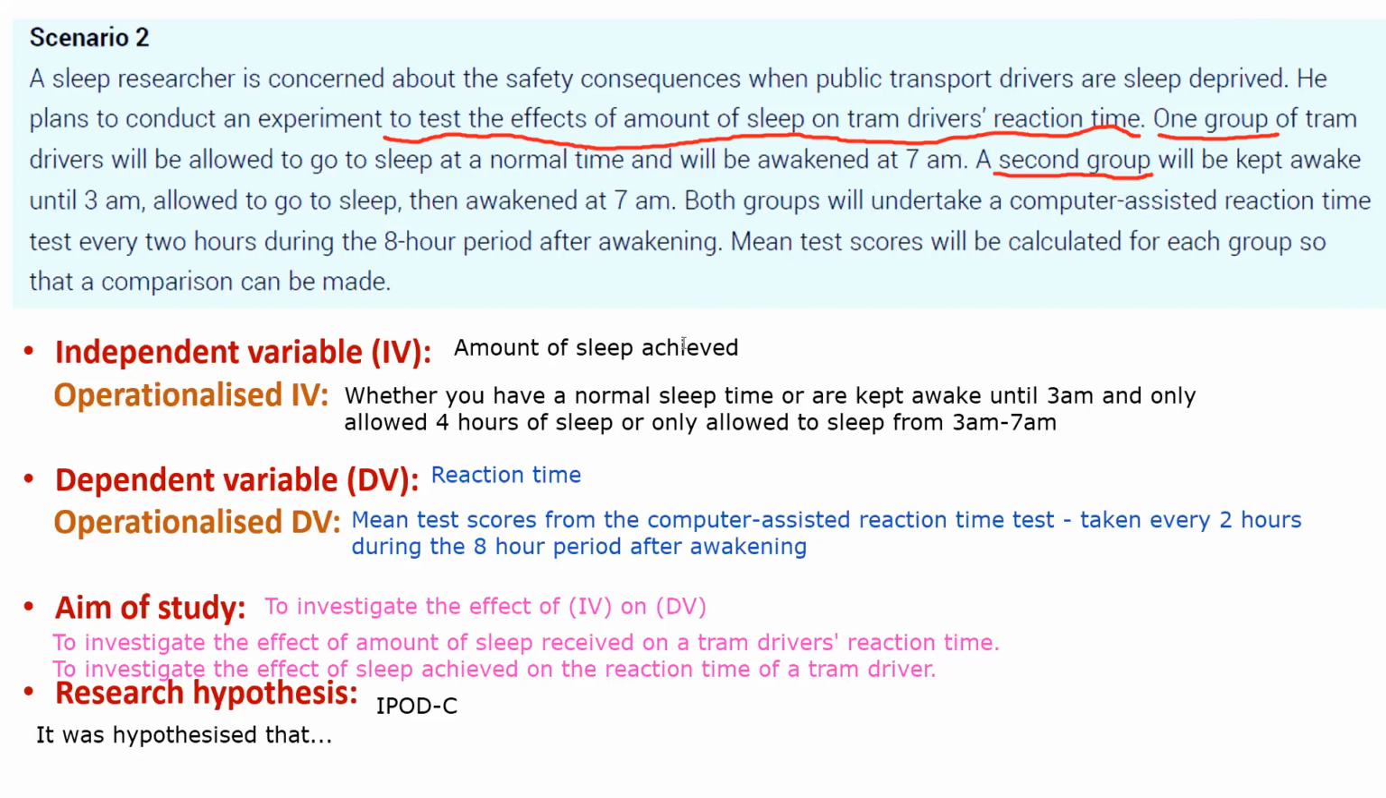Okay, so I'm just going to put a hypothesis here. So yeah, we start with our four words. It was hypothesized that. And then we need to mention the control group. Okay, oh, sorry, not control group. We need to mention the population. So our population is public transport drivers. So it was hypothesized that public transport drivers who are sleep deprived or who do not,